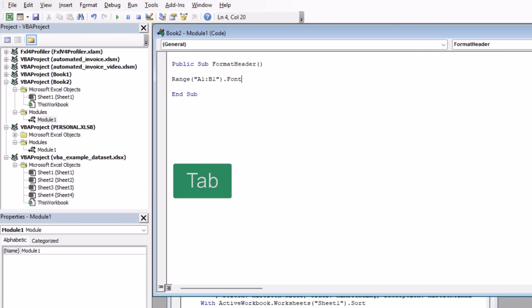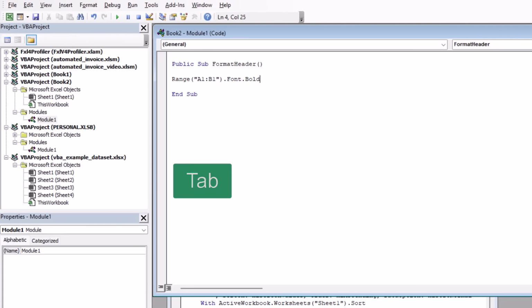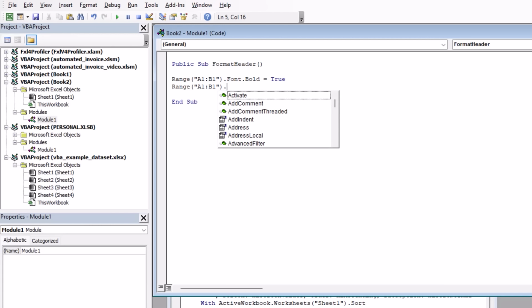Tab to insert Font. Now we want to make it bold. So we go even further with another dot, and there's Bold there, arrow down, tab to insert it. And I want that to equal True. That's going to set cells A1 to B1 in a bold font. And that's one complete line of code inside our sub procedure. Let's add another one. I'm going to copy the range reference again, and this time we're going to set the fill color, and that's done with the